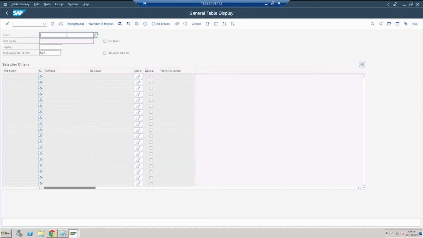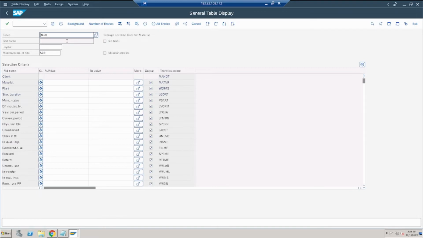I'll open the table, and from there I'll open the MARD table so that I can find the material with respect to its storage location. Paste the material here, the plant code is 1000, and I need only the material, plant and storage location, that's enough for us. So I'll tick the material, plant and storage location.